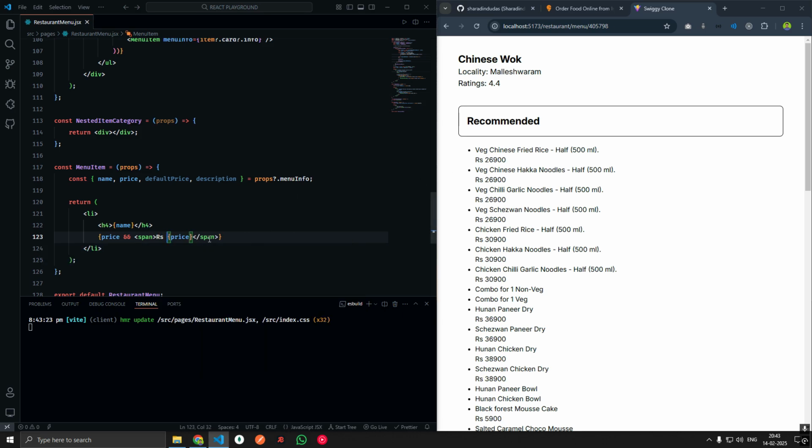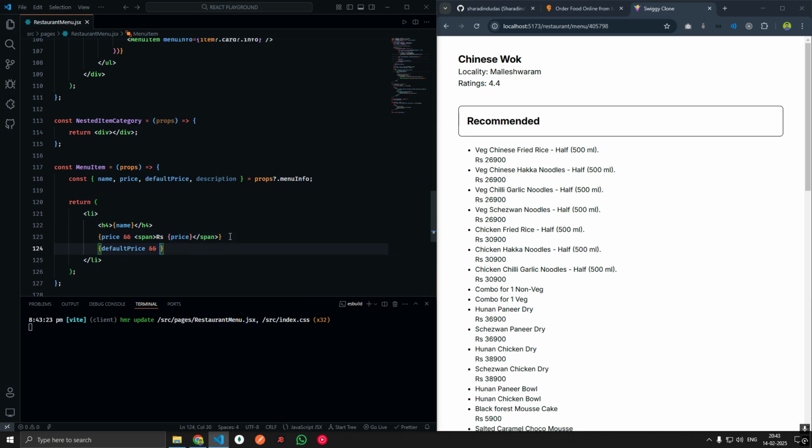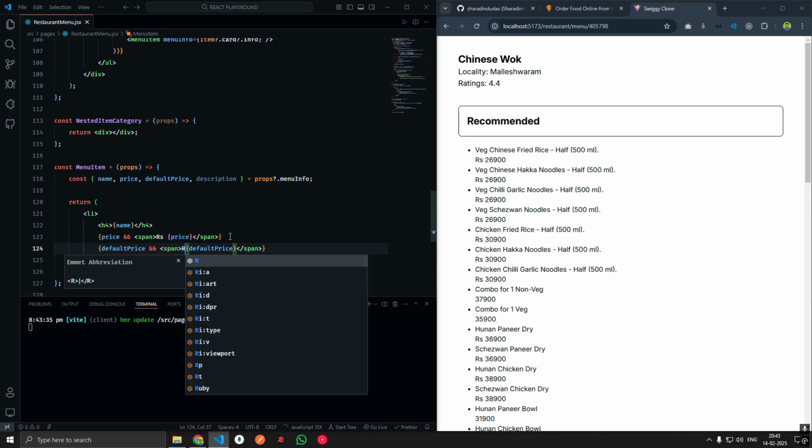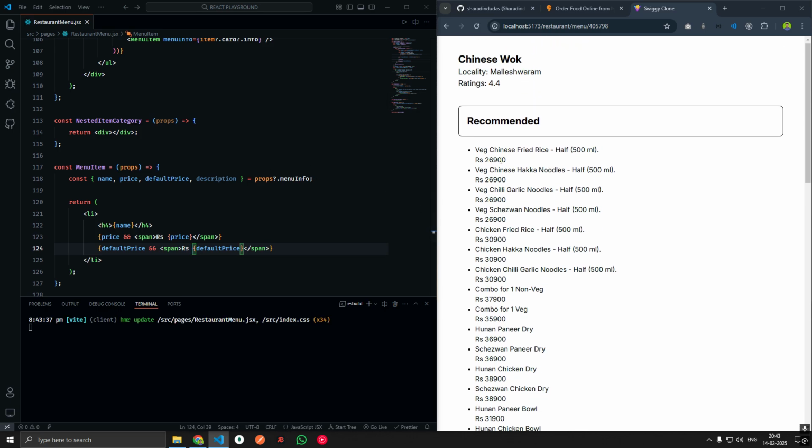Then again we'll write a logic for the default price: if it is present, then only render the default price, and in front of it just write rupees. There are these extra zeros, so we'll just divide